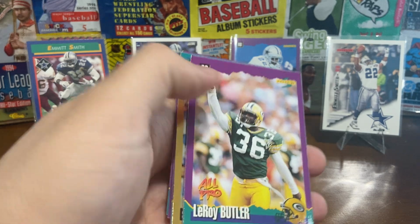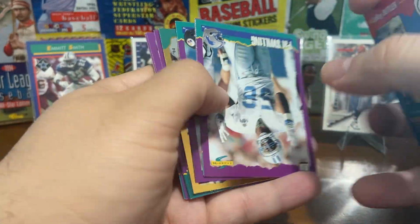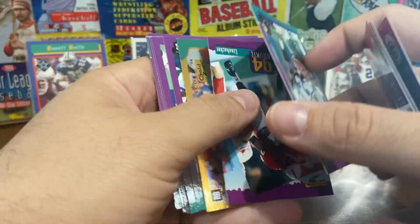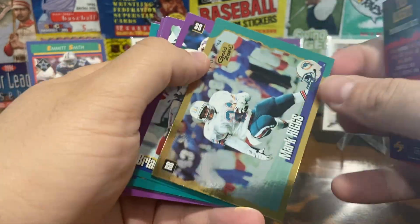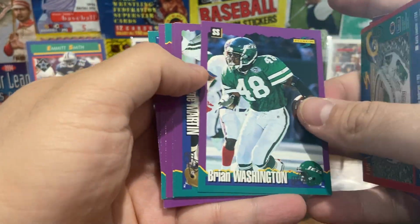So for 35 bucks, I think that's kind of, I don't know, considering what we pulled, maybe a bit of an overpay. If we had found a Dream Team of a top player, maybe I'd say it was worth our time and money, but probably overpaid a little bit based on what we pulled. But solid player selection in the base set. There's Mark Higgs gold zone, and no Dream Team